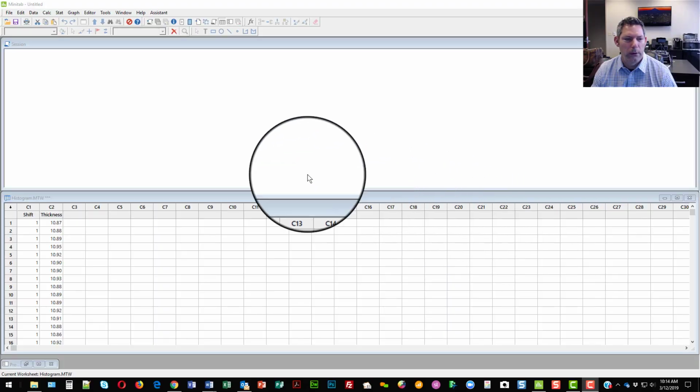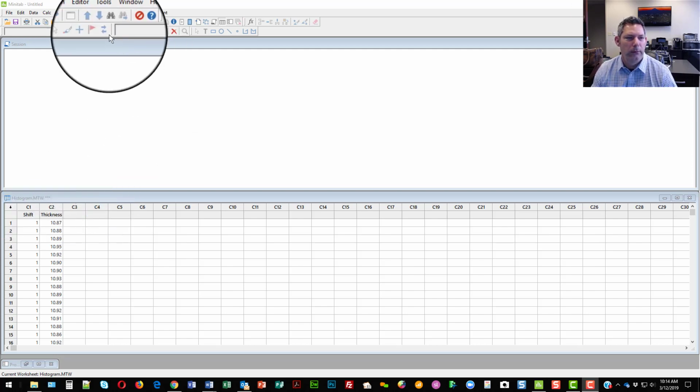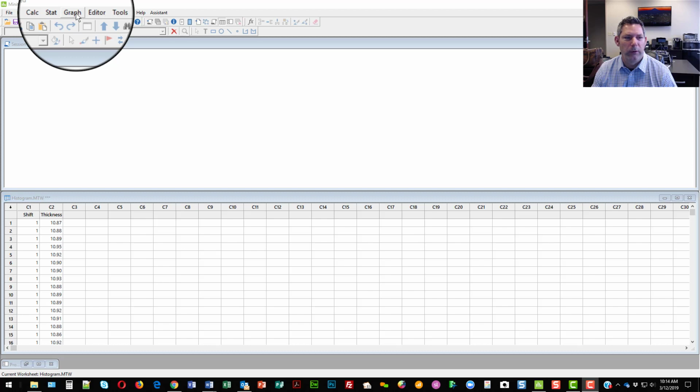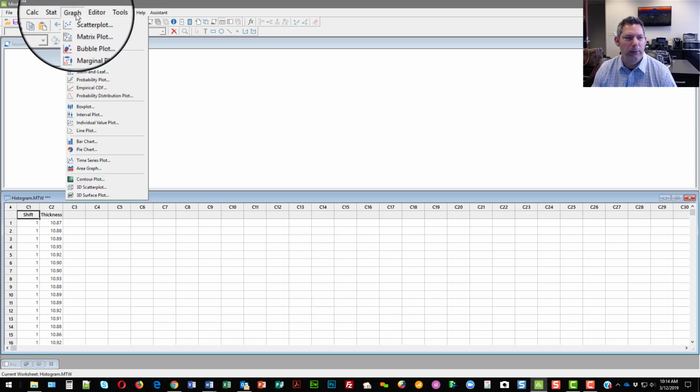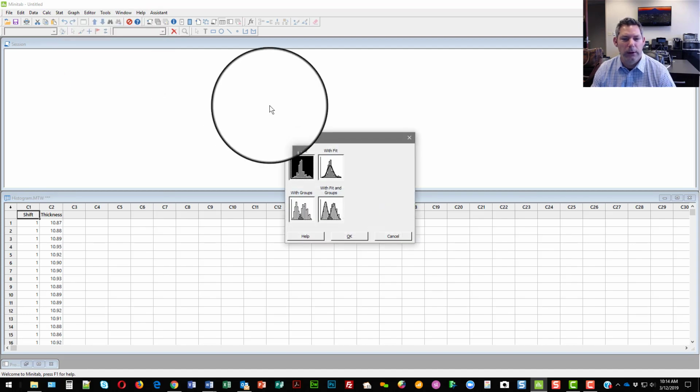Hey, Michael here. We're going to run a histogram using our histogram.mtw data file. So we will start with, this time, graph. Normally we hit stat, but we're going to go to graph, histogram, and you're going to get a couple options